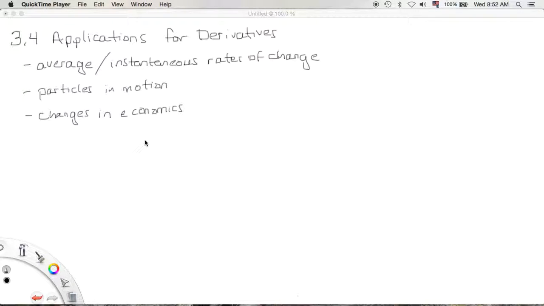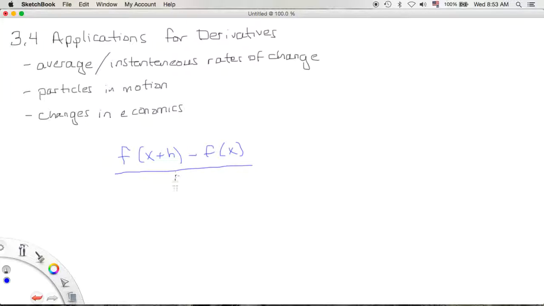There are lots of applications for derivatives. Most of them involve rates of change. Remember, we talked about that if we have the slope of the secant line, which we wrote with this equation, then we get an average rate of change. So if we have 2 points,